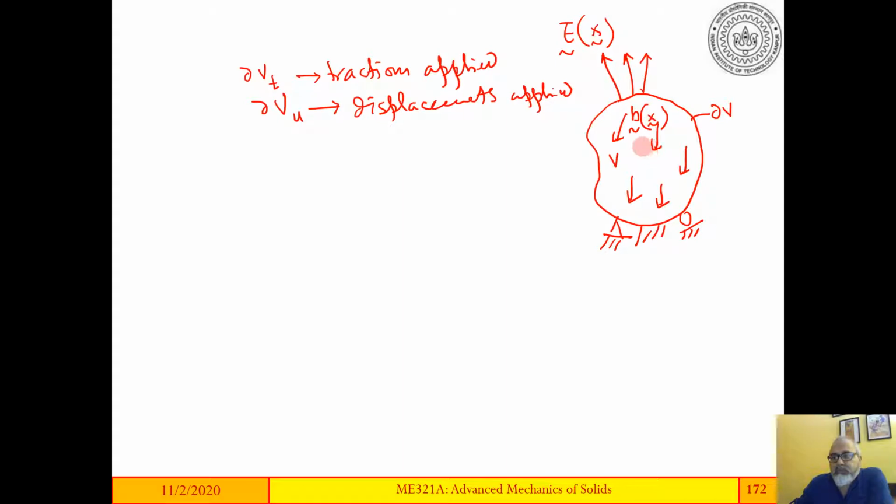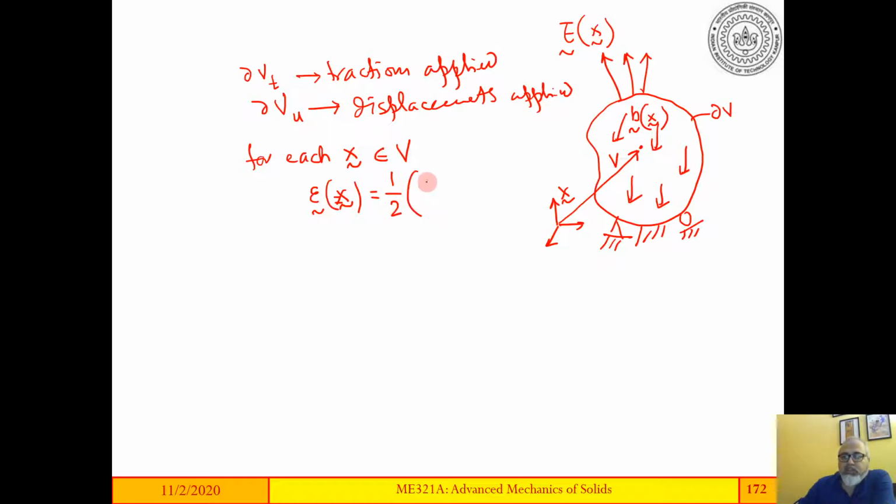Okay. Now let us take an arbitrary point x, with respect to a fixed coordinate system. At each x in v, we must have the following things satisfied. We must have the strain, which is also a function of position. It's a tensor valued function, which should be equal to, this is the strain displacement relation. The equilibrium equation